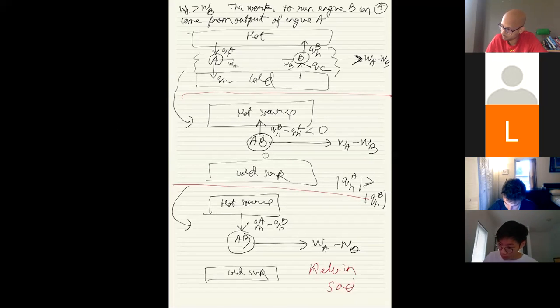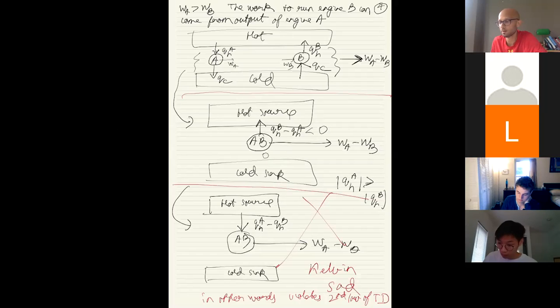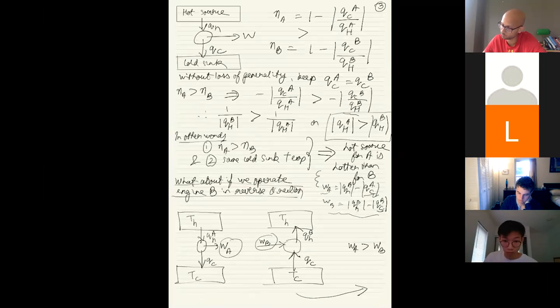Kelvin sad. In other words, this violates the second law of thermodynamics. Therefore, this is not possible. How did we reach this conclusion? We reached this conclusion because we said that it is possible to construct two engines